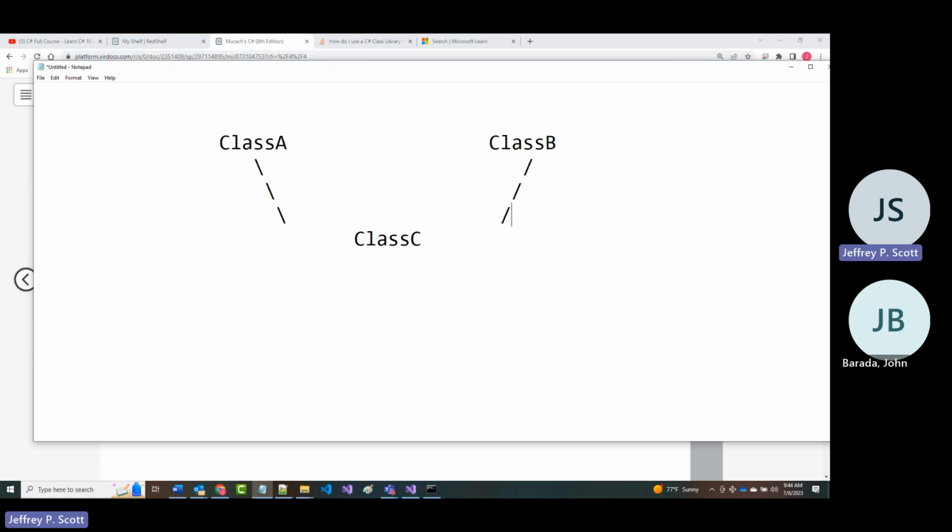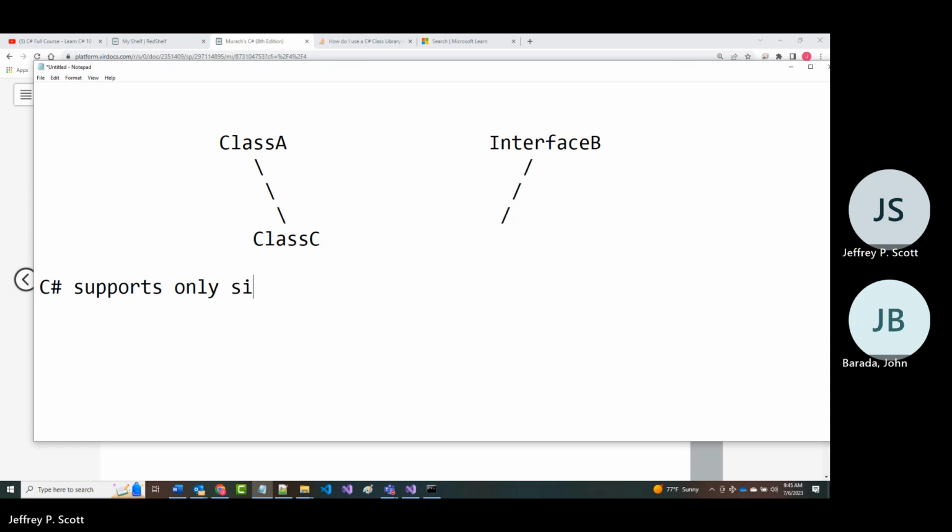Well, what if I did have something in here and I wanted, it had, for sure, we had to do this. But boy, there's a few other things I'd really like to put in too. Then instead of doing this and making it a class, you make this an interface. Why? Because again, I want to say this again, C# supports only single class inheritance.